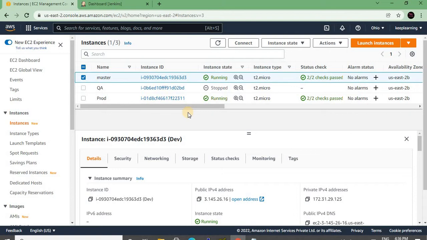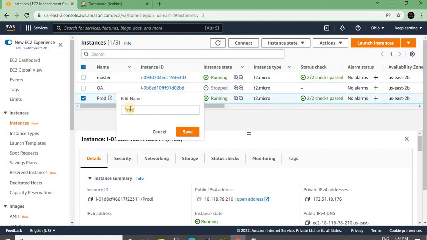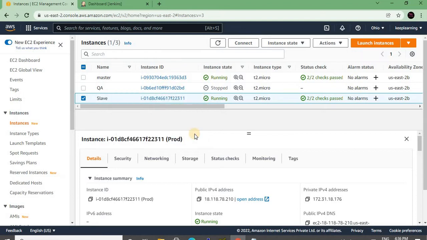So the thing is that when I execute those 15 jobs parallelly, at a time when I execute those 15, the master is facing some issues with performance. The master is not in a situation to execute those 15 builds at a time. The capability is not enough to execute those 15 jobs at a time. So what I am doing, I'm introducing a machine called slave machine. Slave machine is the machine where I want to execute those excess jobs which master is feeling burdened with.